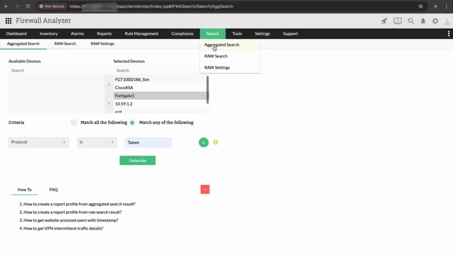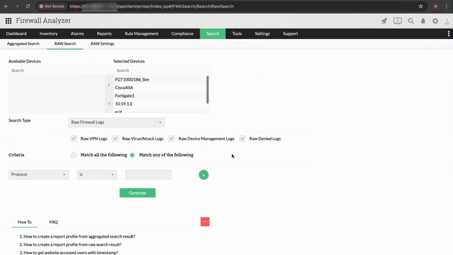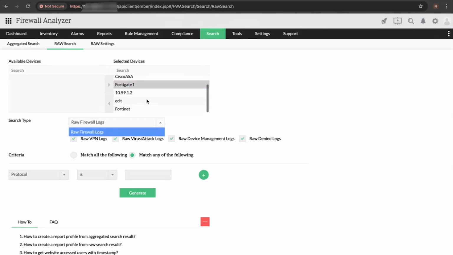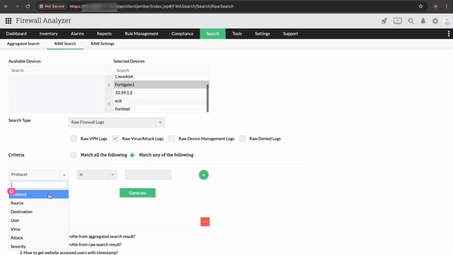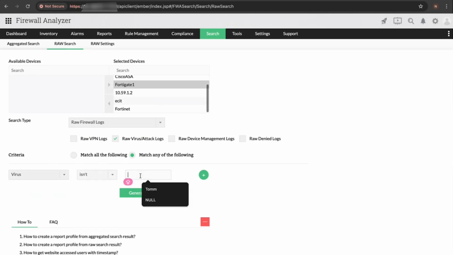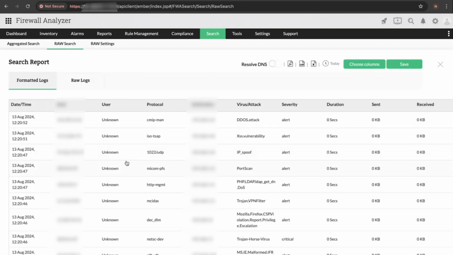So under search, we have raw search, where you need to select the type of firewall log. I'm just going to select the virus attack log. So you uncheck all these things and you're going to select the raw virus attack logs. And here you're going to say the virus, not. So once you hit generate, you get a list of all the virus attacks that have happened in the